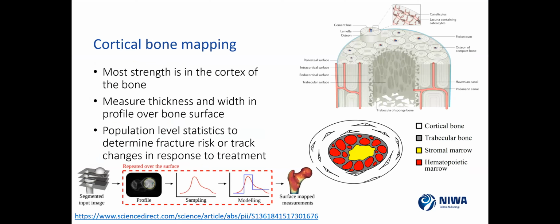If you look at the bottom of the image here, we can see a hip, and looking in profile and trying to work out how thick and how dense the cortex of the bone is, which is relevant because most of the strength in bone is in the cortex, that outer hard shell that we're all familiar with if you think of a dog bone, and measuring the thickness and the density across that bone. And the group I joined had pioneered that work and shown